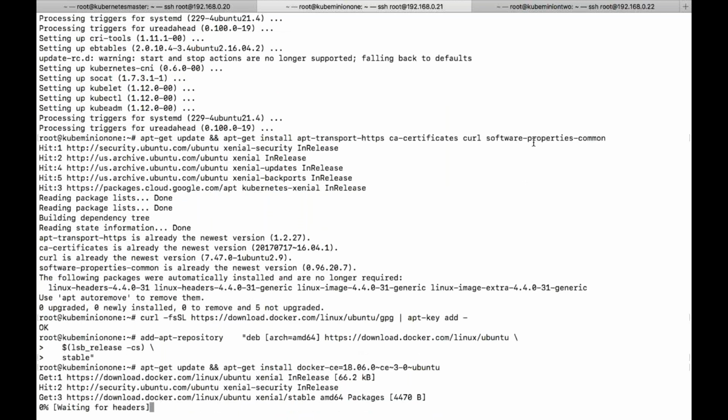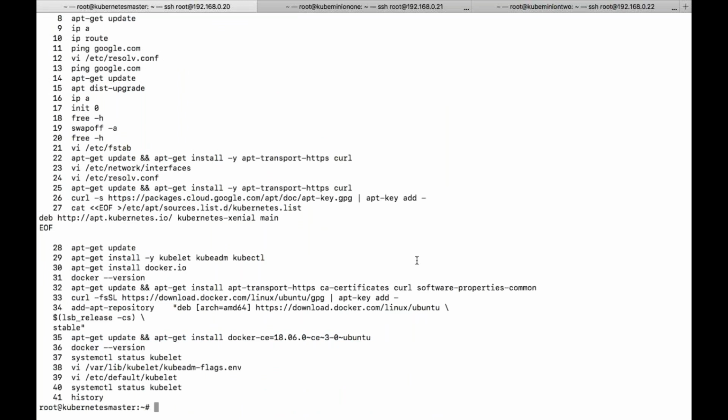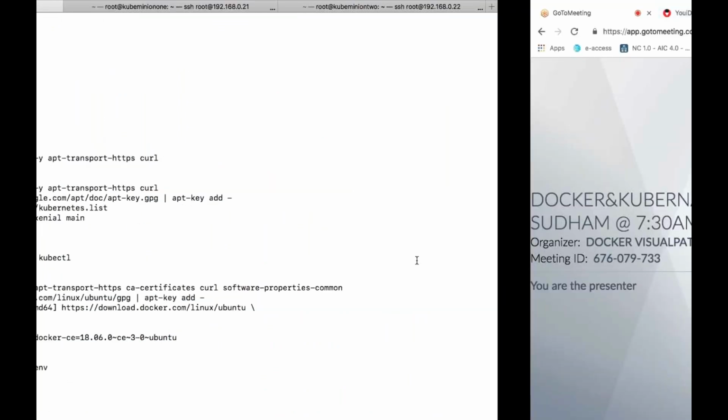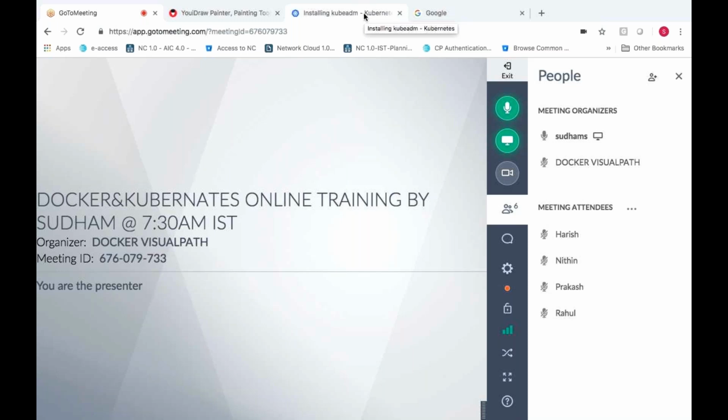Once this is done, your installation is done with all three machines set up properly, so that your Kubernetes is installed successfully. What I need to do from my end is just to identify one parameter.